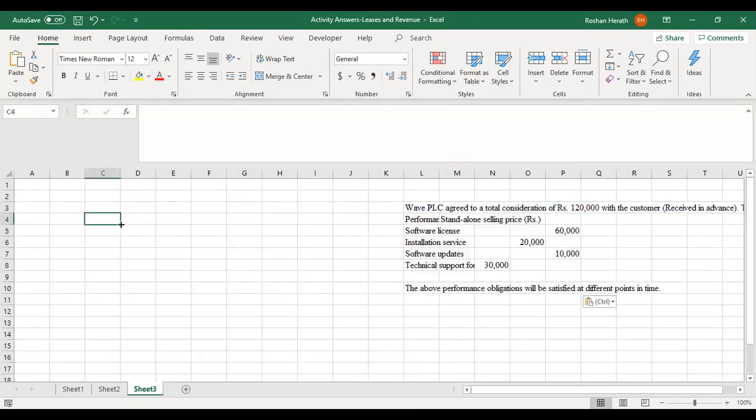Here the question says that you have received something in advance. So upon the receipt, how would you have treated that? You would debit cash